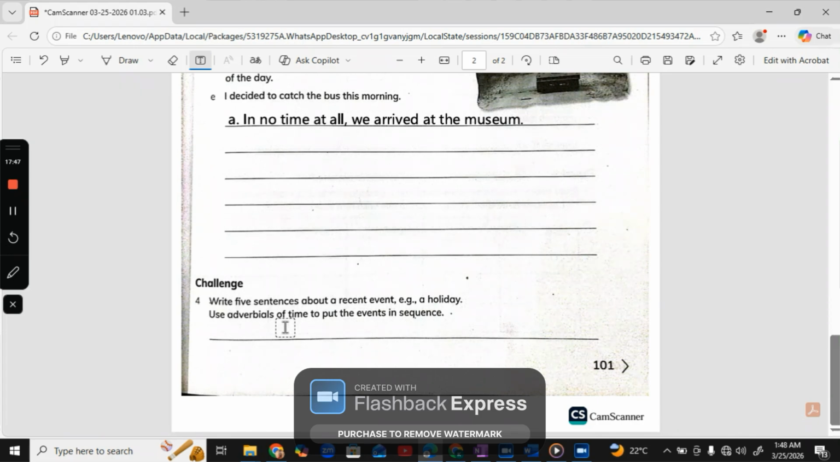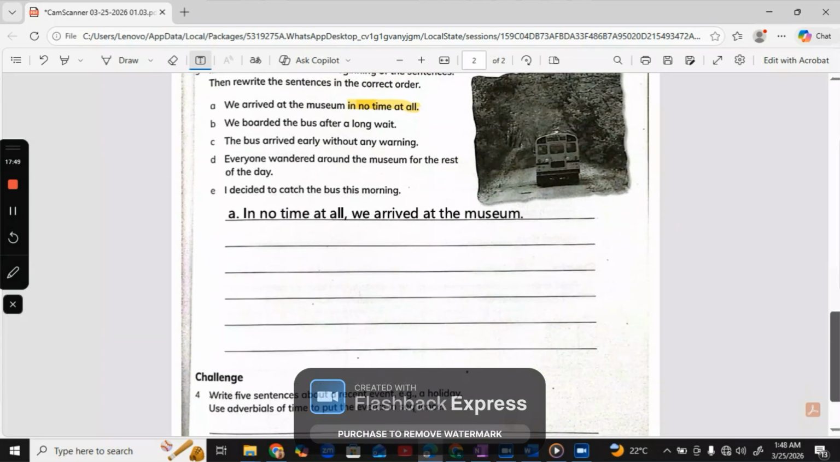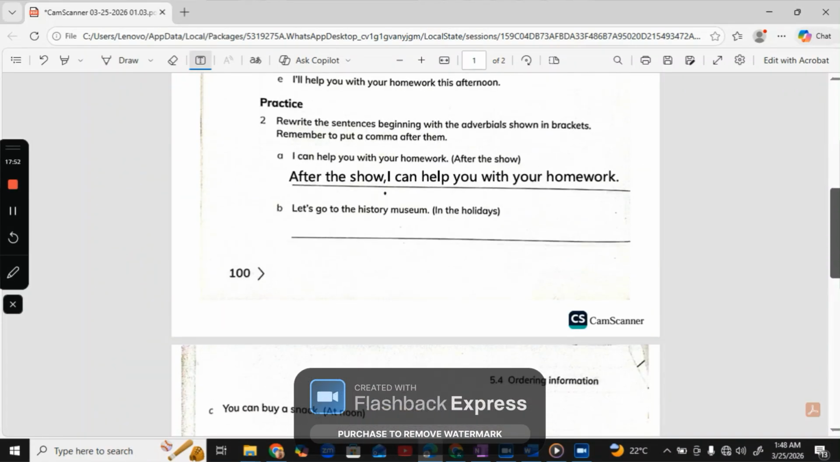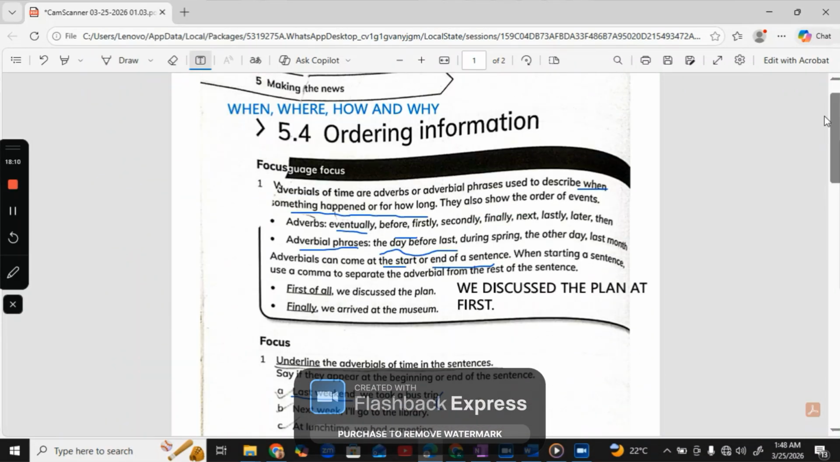All right, so that's all from my side. You have to complete page number 100 and 101 for this class, and